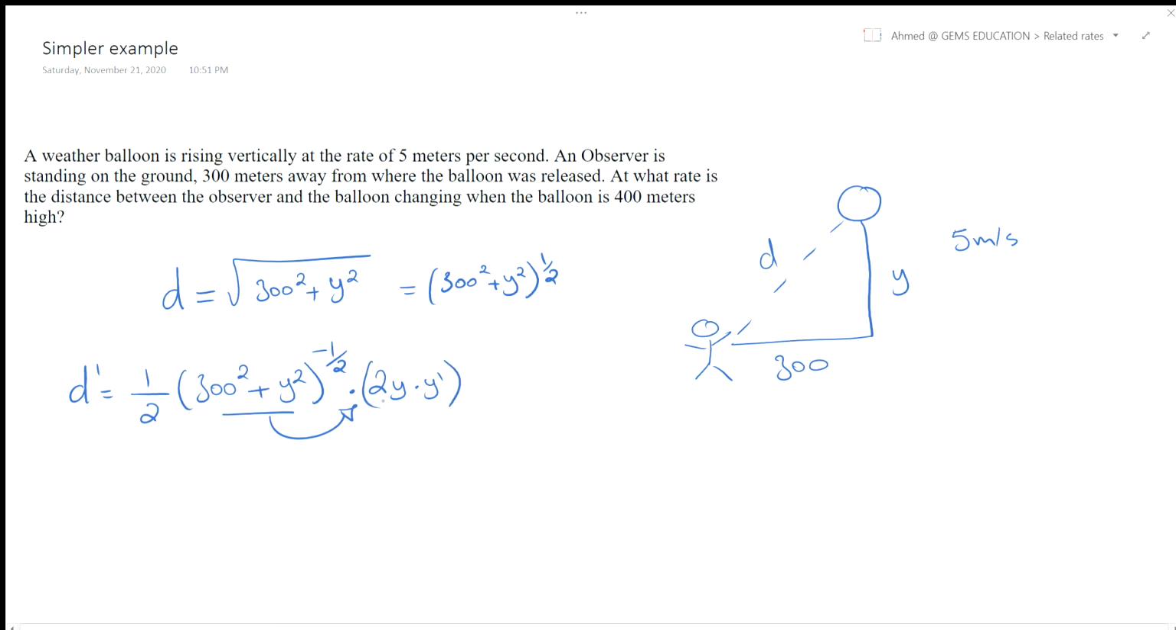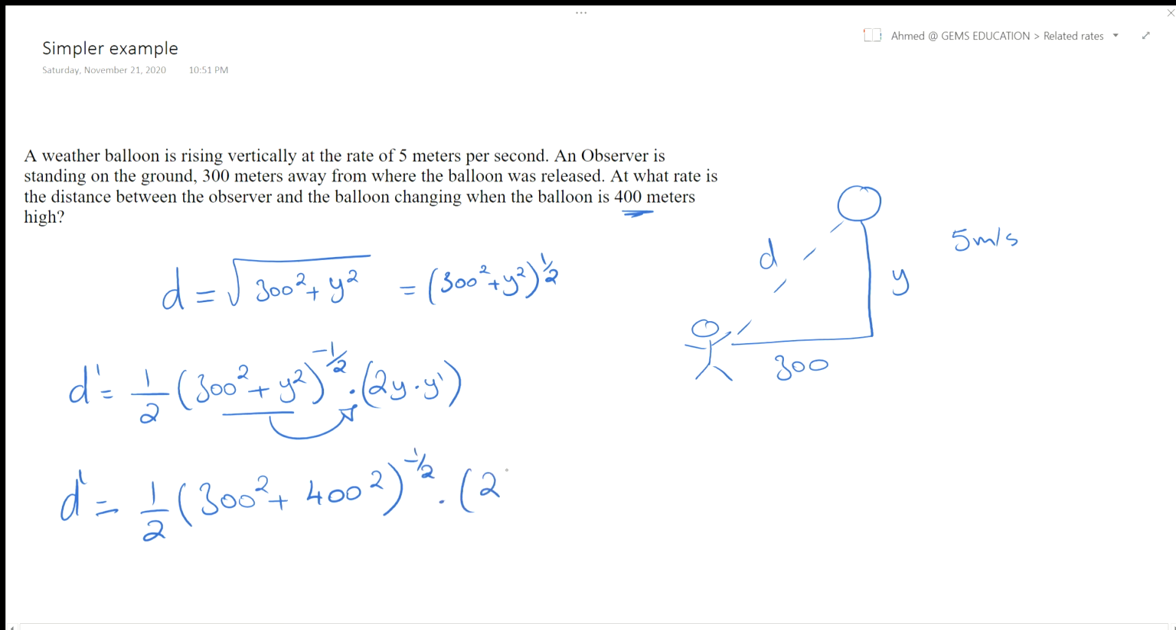All you need to do at this step is to substitute everything that's given or things that you can calculate. So d prime will be equal to half multiplied by 300 to the power of 2 plus, instead of the y, I'll substitute the distance. Now, the question asks to find this rate of change when the distance here is 400 meters. So then y is 400, now to the power of 2, and all to the power of negative half,